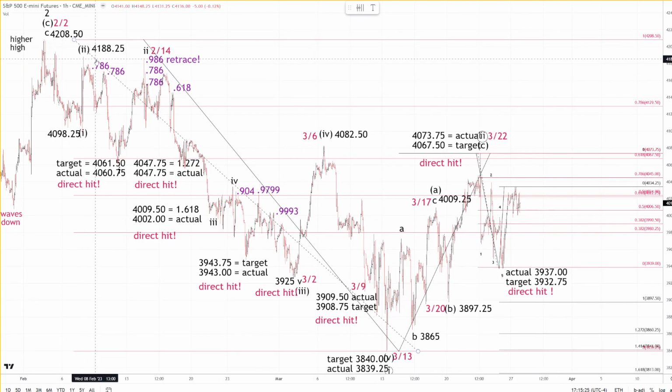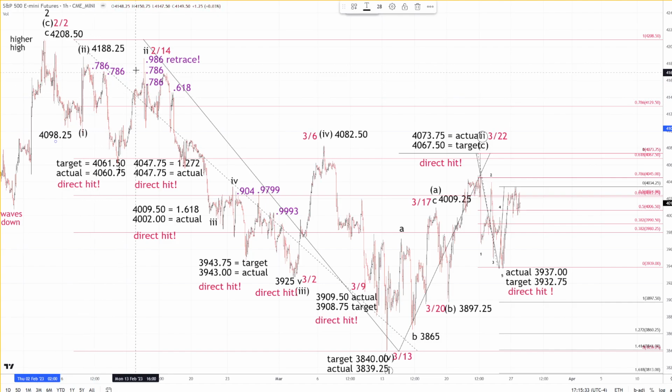Okay, from the 2-2 high, there's a lot going on this chart. Okay, the wave count is in black with the prices in black. Okay, the dates are in red, and the purple are the ridiculous retracements that I've never seen before in over 25 years of doing this. Usually if you get a 786 retracement, the thing goes ahead and breaks all the way over 100%. But there's 4 786 that have held. There was a 986 that held, a 900, a 979, a 993, and all of them produced lower lows. So those were